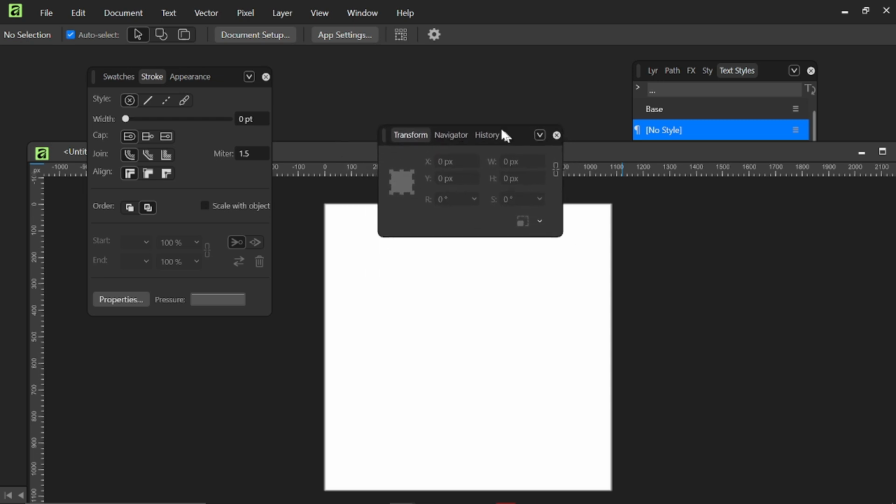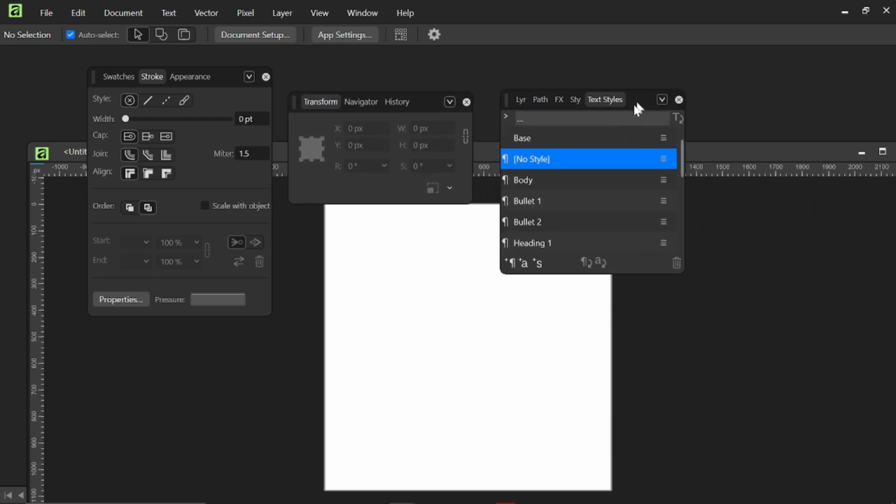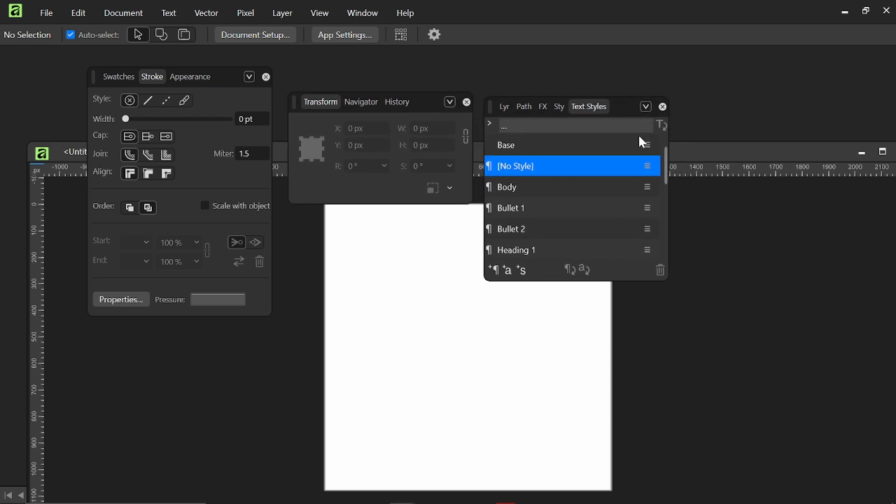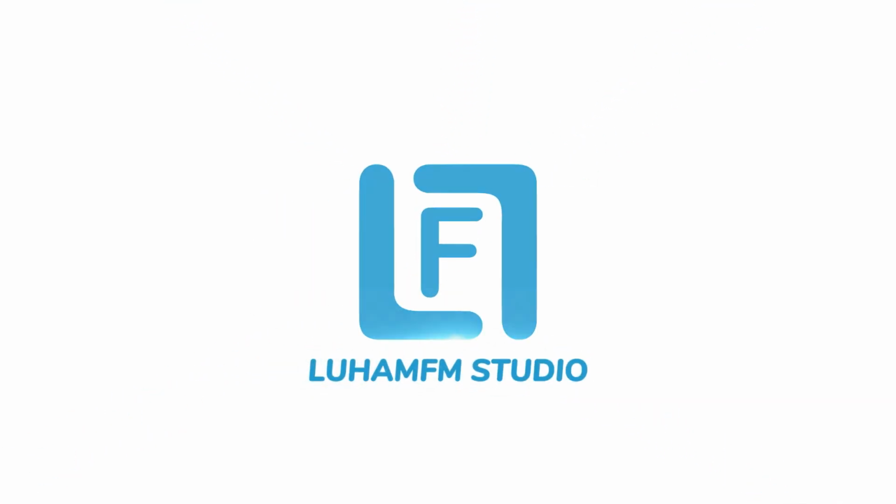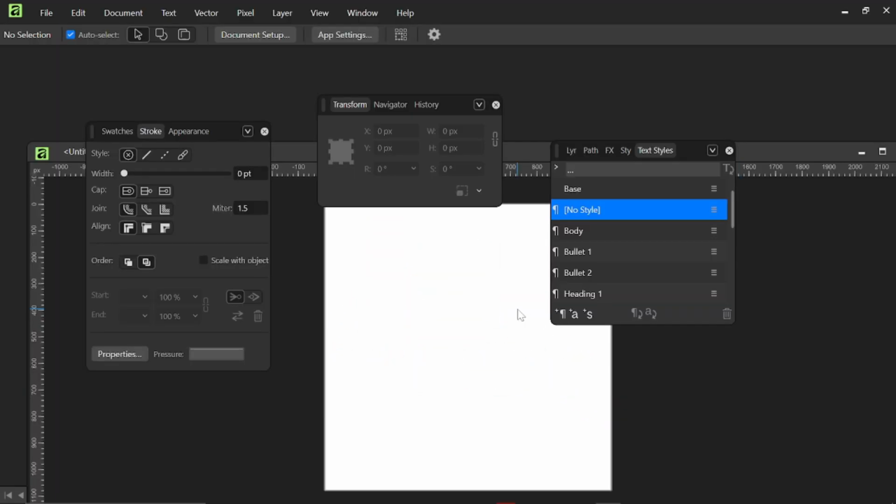If you are like me and you accidentally messed up your interface while trying to clean your keyboard, or you just want to change the way your Affinity interface looks to suit your preference, then this video is for you. In this video, I'll be showing how you can rearrange your interface, how you can float windows, and do a